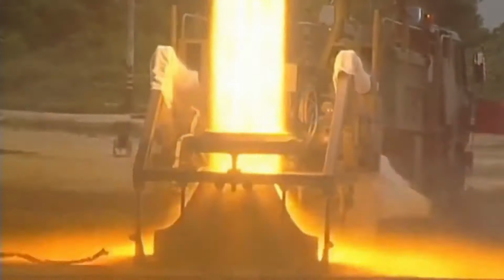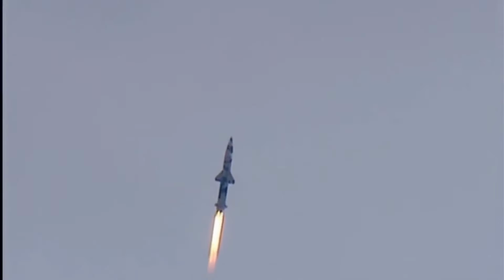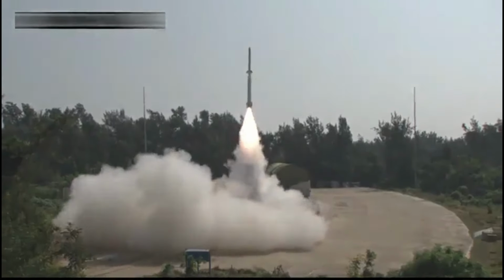This layer consists of Prithvi Air Defense (PAD) and Prithvi Defense Vehicle (PDV) interceptors designed for mid-course interception of ballistic missiles. The second layer can destroy an incoming missile in endo-atmospheric altitude of 15 to 40 km. It consists of single-stage, solid rocket-propelled Advanced Air Defense Interceptor Missiles or AAD, which is designed to intercept missiles at